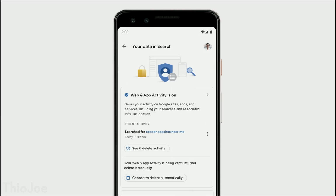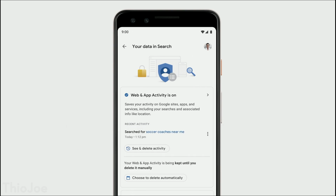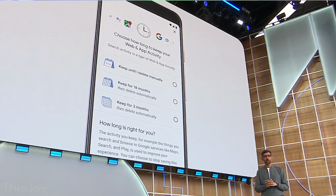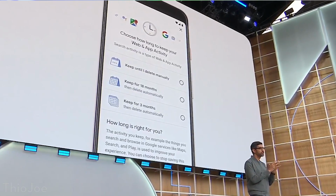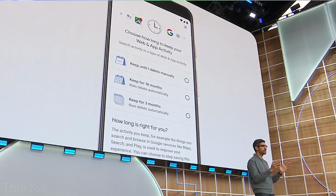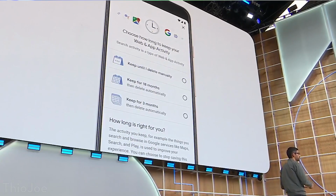Google also announced a couple new privacy features, which I think are pretty cool. The first is auto deletion of Google history. So now you'll be able to go into your Google account, and I believe this is for all types of data, I'm not 100% sure, and it'll give you a few options to automatically delete your history, like search results or whatever, and choose to delete things that are older than 3 months or older than 18 months automatically. So it's not going to keep your history forever if you don't want it to. And they did launch that today, so you can go check